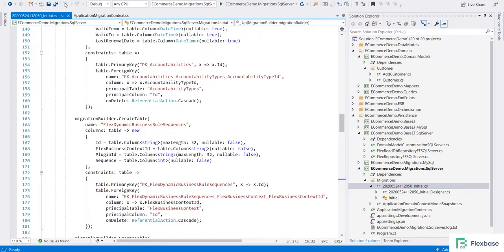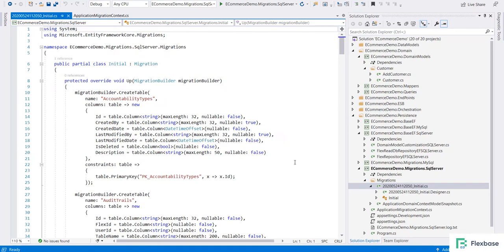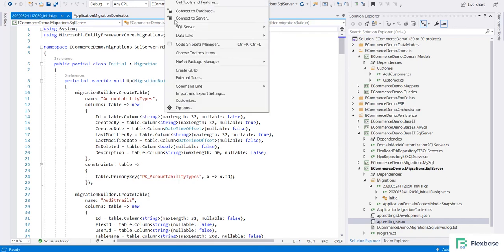So we are all set to create our database. So let us go and create our database. For that, let me again go to the package manager console.